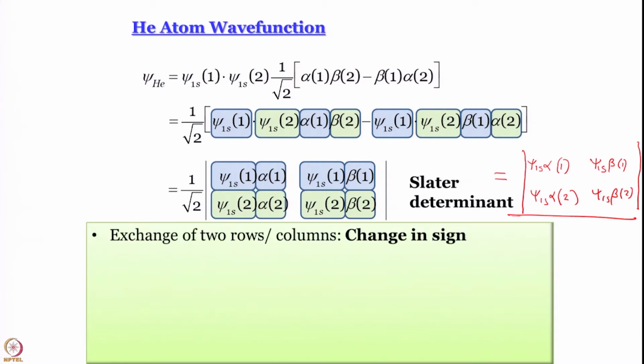Right. What is the advantage of writing the wave function all of a sudden in terms of a determinant? First of all, as we are going to say very soon, eventually when you talk about complex systems, atoms or molecules, you have to use computers. Computational chemistry is a very big field, it has been a very big field for several decades now, because you cannot do all this calculation by hand. You want to find energy, and right now we are working within the ambit of the orbital approximation. As you will see, there are ways to actually generate these wave functions without resorting to 1s, 2s also. Then you might want to relate them, that is a different issue.